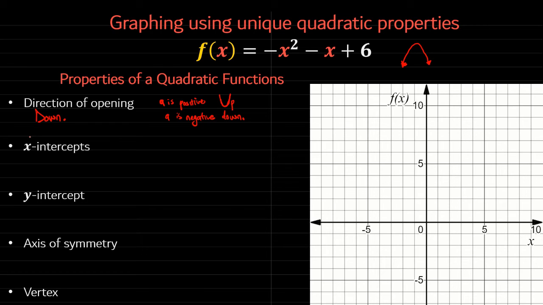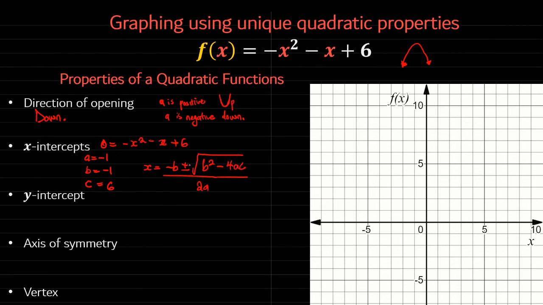Good. Your x-intercepts mean the value of x when y is 0, right? So we can solve for this. If we make f of x 0, we can solve for x. So let's do that quickly. We'd have 0 is equal to negative x squared, minus x plus 6, which is in standard form, so we can pick out our a, b, and c. A is negative 1, b is negative 1, and c is 6. Quadratic formula, x is equal to minus b plus or minus square root of b squared minus 4ac over 2a,